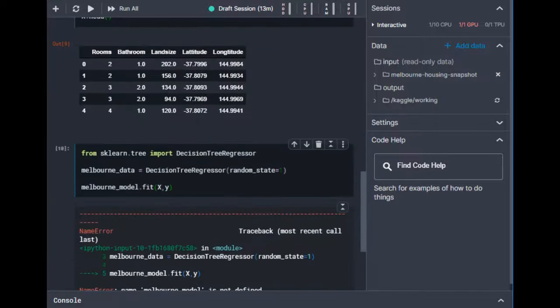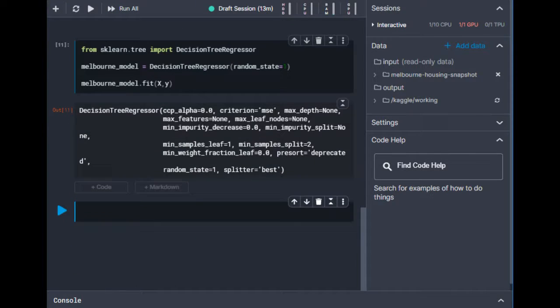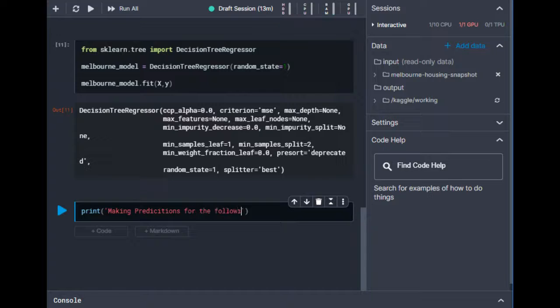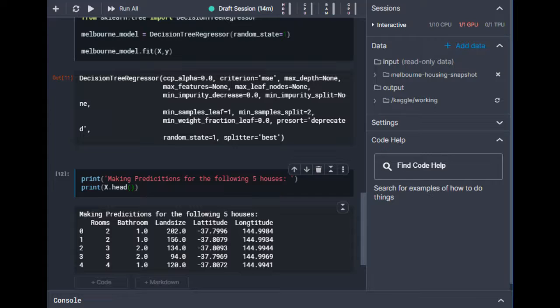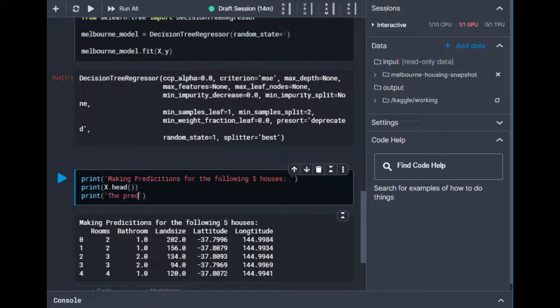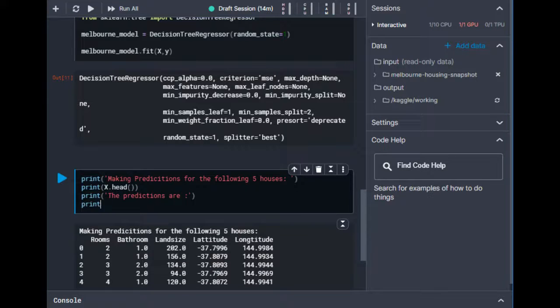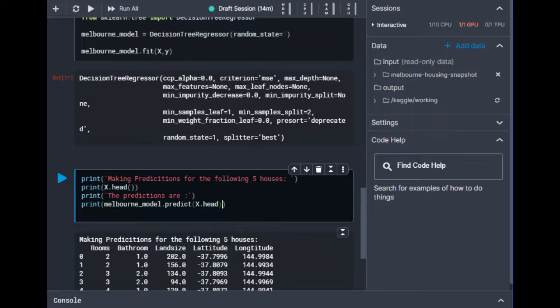In practice, you will want to make predictions for new houses coming on the market rather than houses we already have prices for. But we will make predictions for the first few rows of the training data to see how the predict function works. Now we are going to print the prices for the top 5 rows from the variable x, and then we are going to compare the predictions with the results we already have. As you can see, both the outcomes are the same.